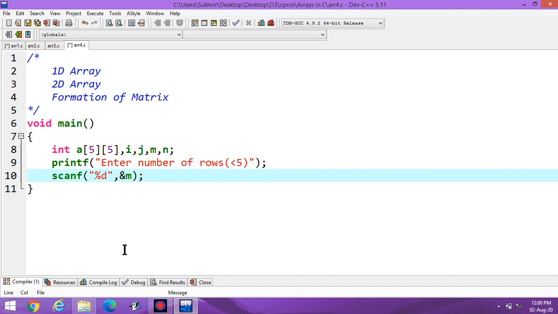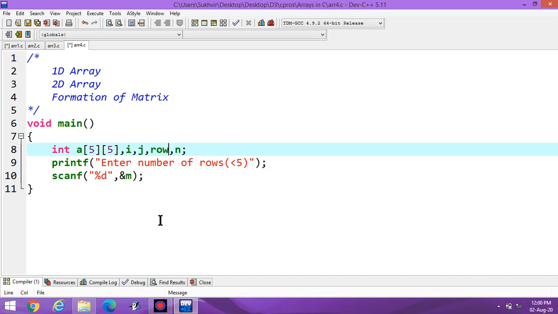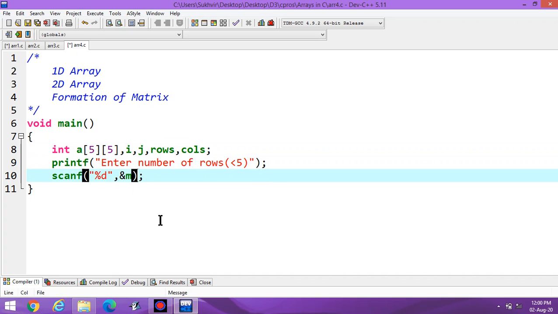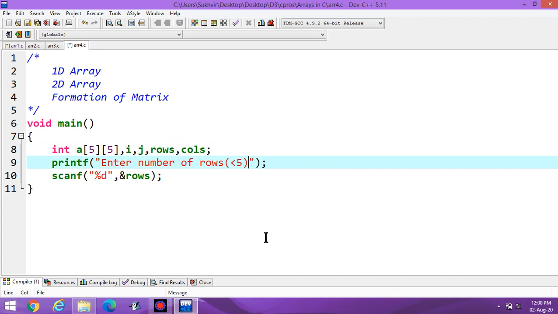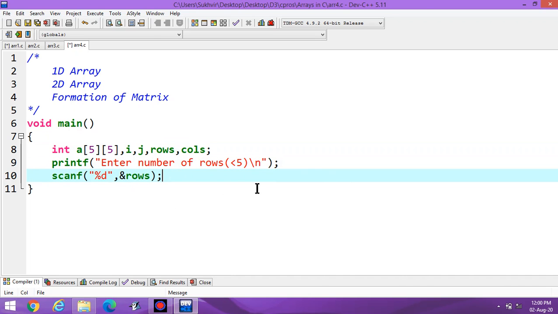It means number of rows. You can enter number of rows. Here you can write rows and columns. Here you can write new line so that the data can be printed out in the next line.